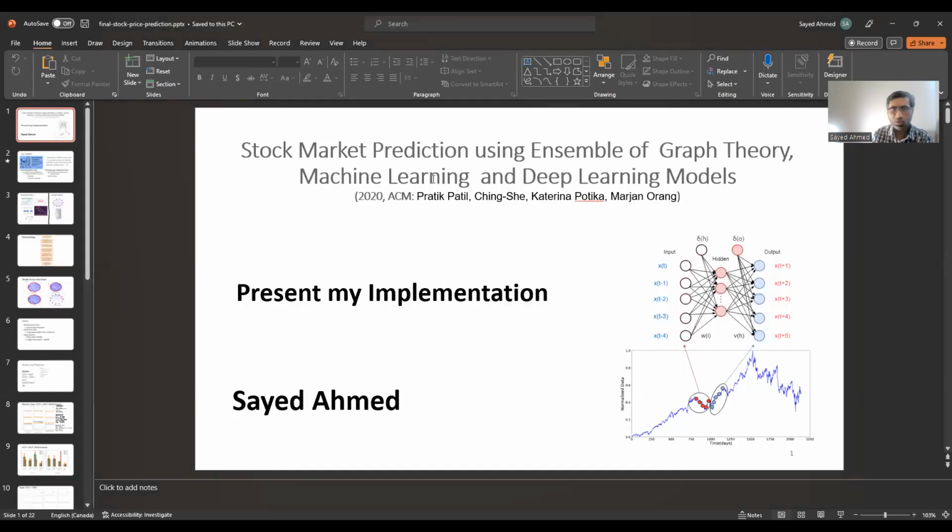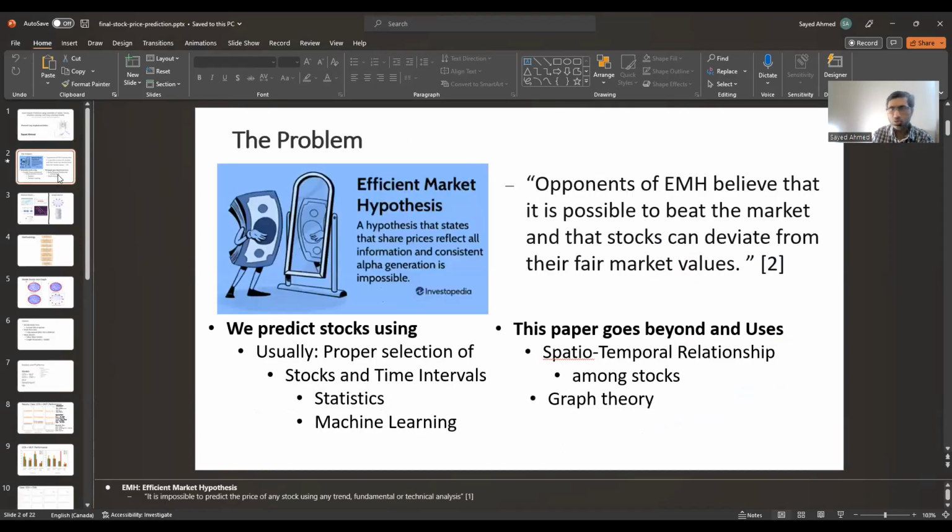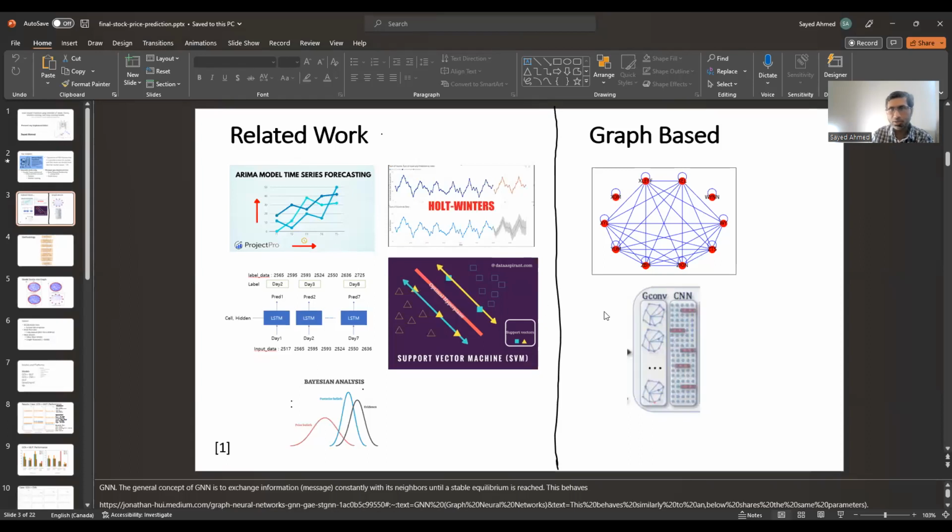So, in terms of sharing the screen. Okay, so this is the one. Okay, so these are the different approaches being used for stock price prediction, right? This is the graph based one, which is the topic of this project and this presentation. These are some other ways. In this, we will be